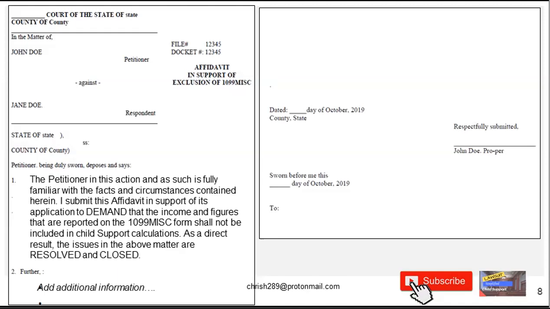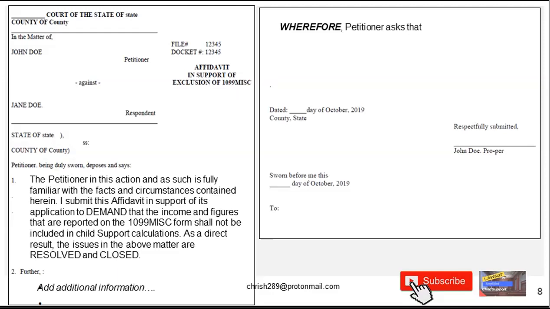There is something else to point out. I put the man in the petitioner position. With most cases, the man is in the respondent situation, but in this case, you're in the petitioner situation. And I suggest that you put yourself in the petitioner situation when you do this action.